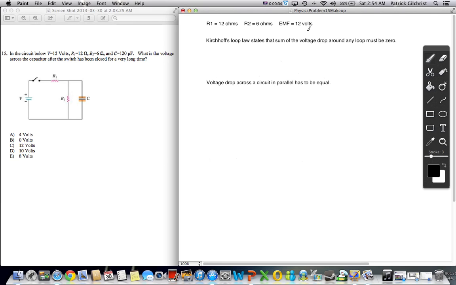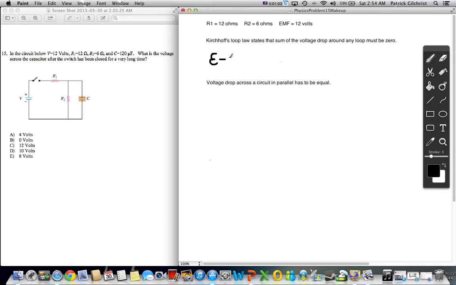So two ideas you'll need to understand is that Kirchhoff's loop law states that the sum of the voltage drop around any loop must be 0. Because the switch has been closed for a very long time, we're mainly only caring about this inner loop here that goes from the battery through R1, through R2, and back to the battery. So Kirchhoff's law can be written as the EMF of the battery